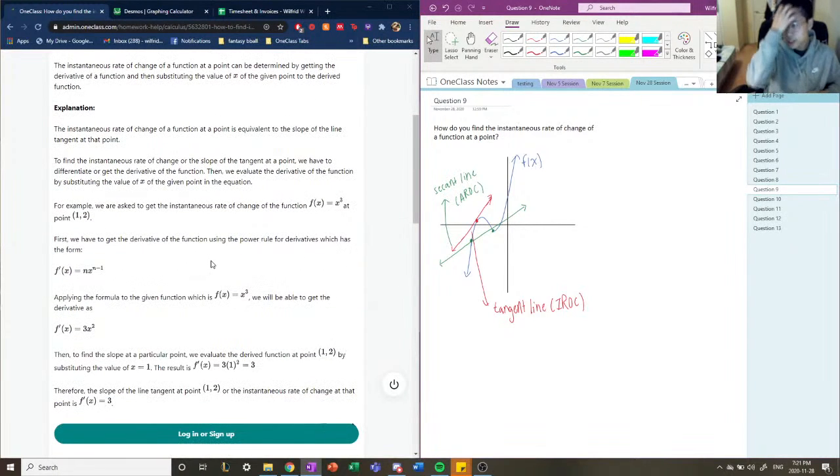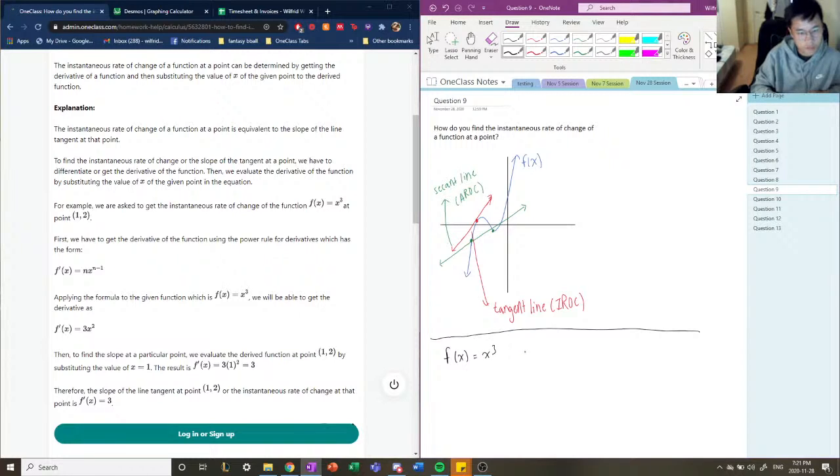Okay, so let's use an example that the junior tutor provided us. Okay, so the example that they gave us was f of x equals x cubed. Okay, so if we want to find the IROC at point 1, 2, we have to first derive this, okay? So we need f prime of x, now equal to 3x squared. Now all we need to do is to plug in our point here, and we get 3. So we know at point 1, 2 on our graph, we have,